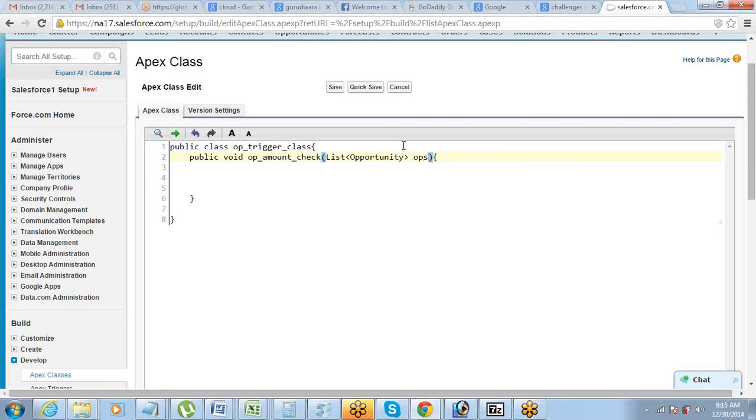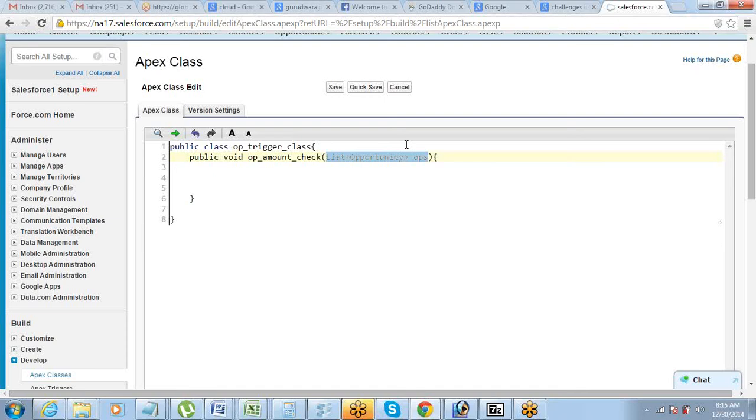Okay, so I'm also defining a parameter here which will be required for this method to get executed. So what is this parameter thing? Parameter is to be supplied by the end user when they want to run the method, right? So what will we supply here? This is the parameter where we will supply trigger.new, right?